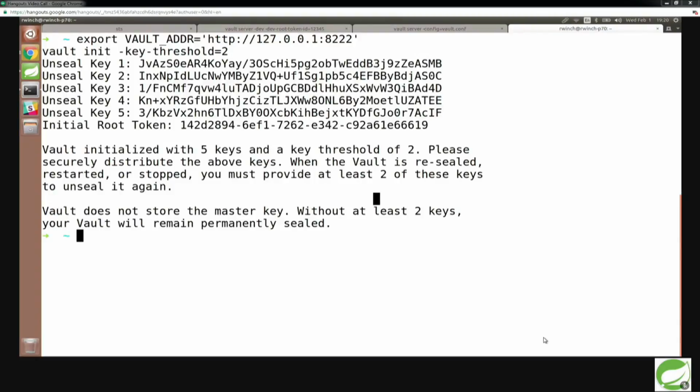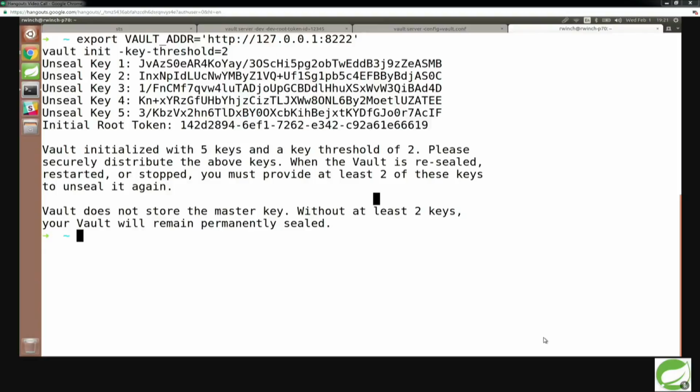It's initializing vault. And so who here has seen a movie? This is where I check to see if people are paying attention. People have seen movies? No one is awake. All right, so some people have seen movies. In lots of spy-based movies, you have someone on one side of the room and someone on the other side of the room, and they have keys, and they're like, okay, go. And then they launch a nuclear missile or something's top secret, right? So you've seen that paradigm a lot. Sealing and unsealing is that paradigm taken to the crypto world. So the key threshold is how many keys you need to launch that nuclear missile.